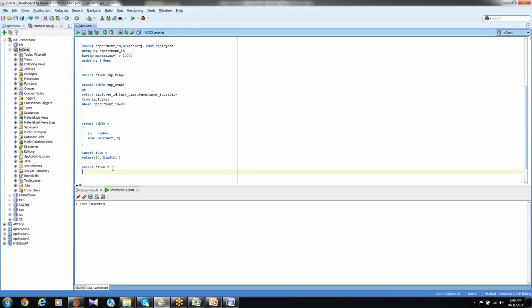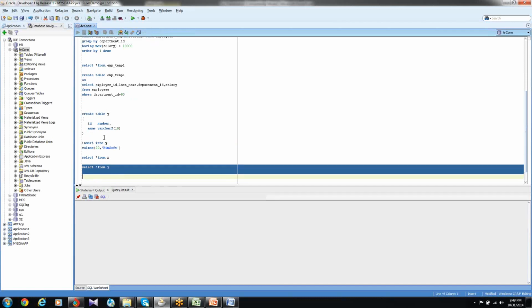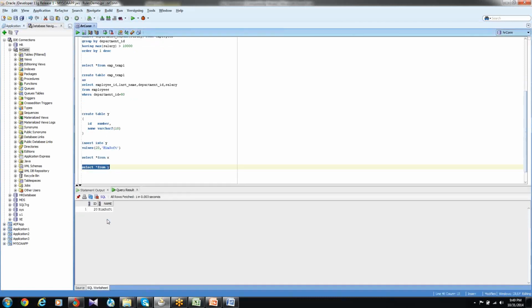So I can say select star from Y. Okay, and if I try to execute it, it will give me one record. Okay, so now I have 2 queries, right? Select star from X and select star from Y, and all the columns which are there in X and in Y are the same. Okay, so now I'll be using a union clause in between select star from X and select